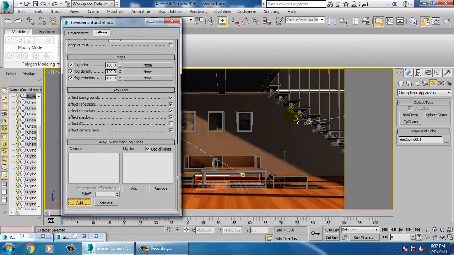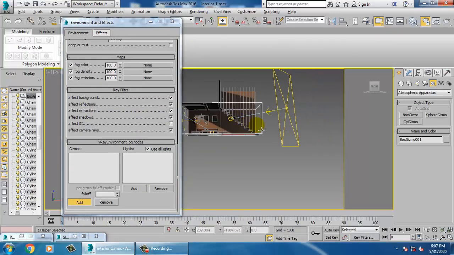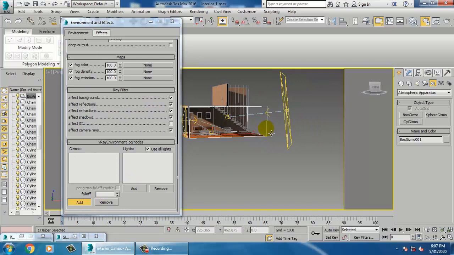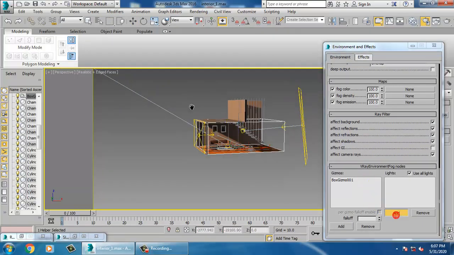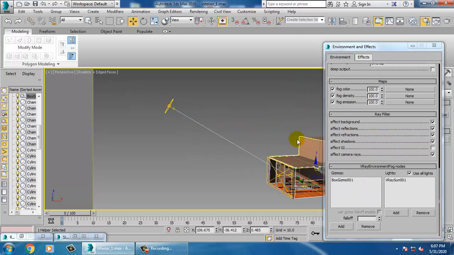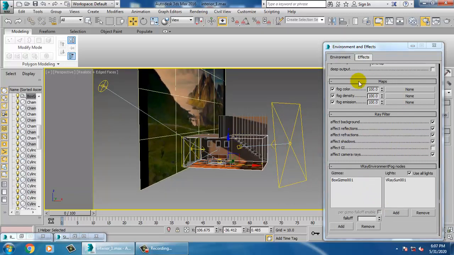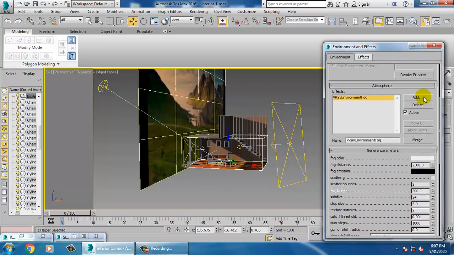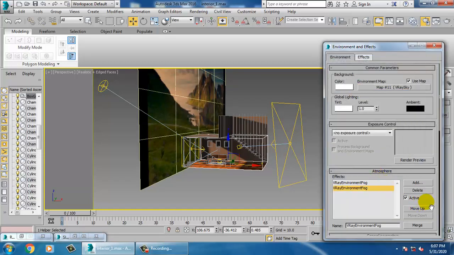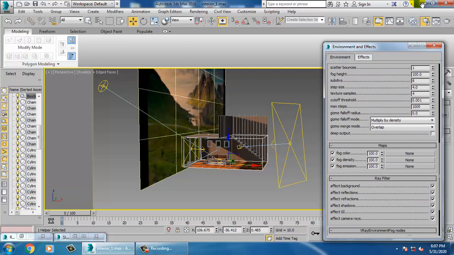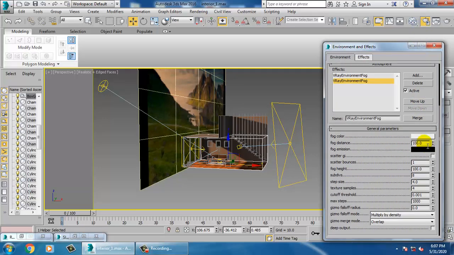So for that, what we'll be doing is add this gizmo and add a V-Ray sun. So what I'll be doing over here again is taking a V-Ray environmental fog, and for this we'll keep the distance as 1000.